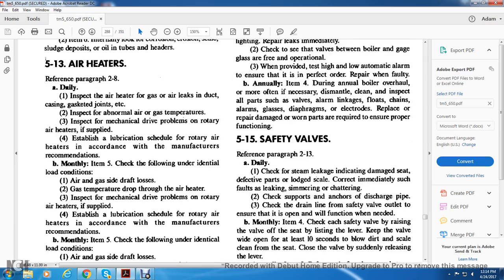513. Air heaters. Reference paragraph 2.8. Daily, inspect the air heater for gas and air leaks of the ducts, the casing, and gasket joints. Inspect for abnormal air and gas temperatures. Inspect mechanical drive pressure for the rotary air heaters supplied. Step 4, establish the lubrication schedule for the rotary air heater in accordance with the manufacturer's recommendation. B. Monthly, item 5, check the following under identical load